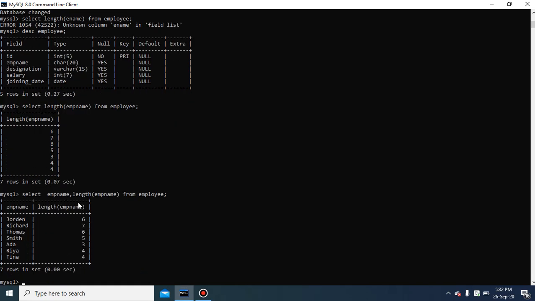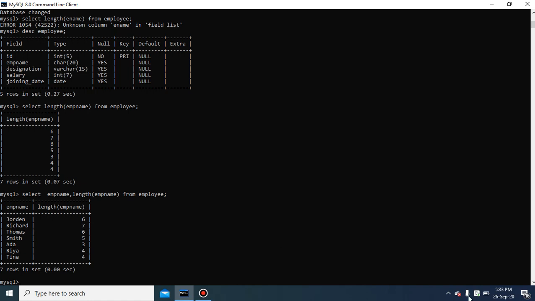Emp name is the first field, the second field is length. So Jordan has 6 characters, Richard 7, Thomas 6, and so on. So length returns the total number of characters or the length of the string in MySQL or in any table. If any data is there in the table, it will return it.